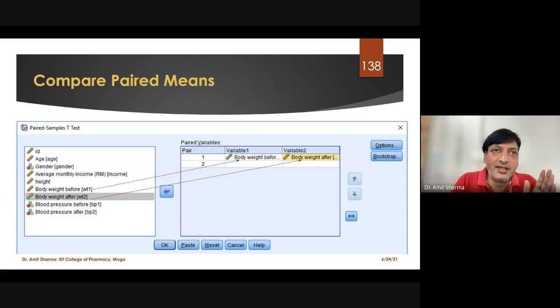Or if they write that a student t-test has been applied and results are shown in terms of median, then also it is wrong. You should not refer to that research paper. If they write independent t-test has been conducted, or one way ANOVA has been applied or conducted, and results are shown in terms of percentage or median, that is also wrong. You should not follow that research paper. Clear? For all the parametric tests, we are quoting a result in terms of mean and standard deviation only and only.